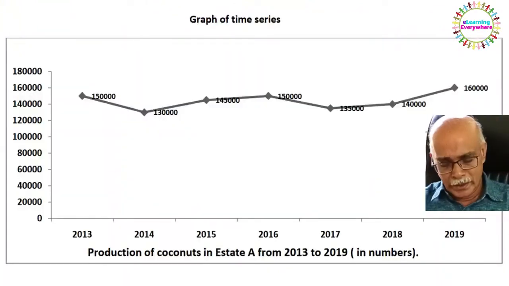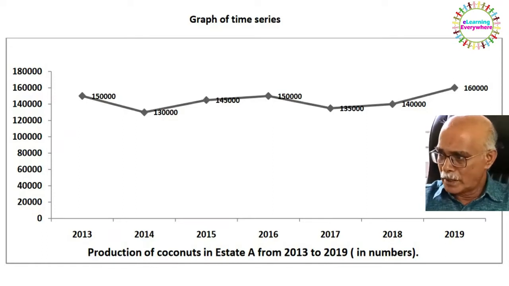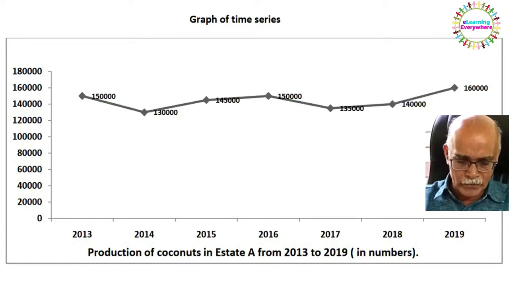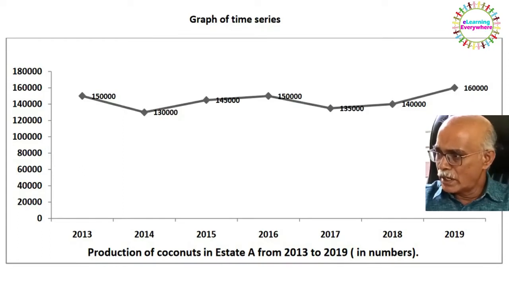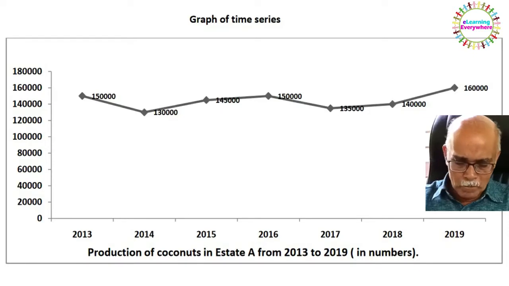Graphs of time series, as you know, represent data chronologically, and usually on the x-axis we take the time, and the value of the variable is taken on the y-axis. Graphs of time series are otherwise known as line graphs,